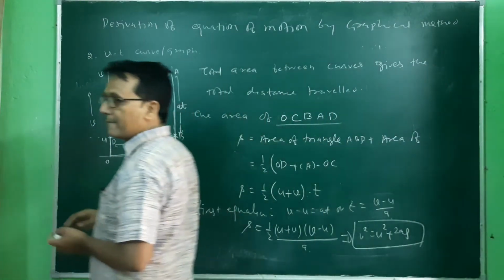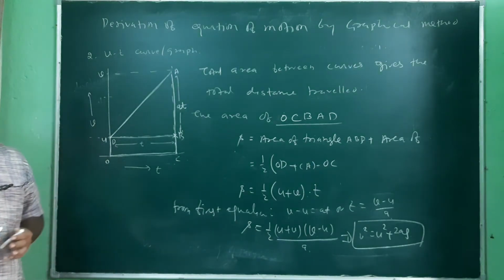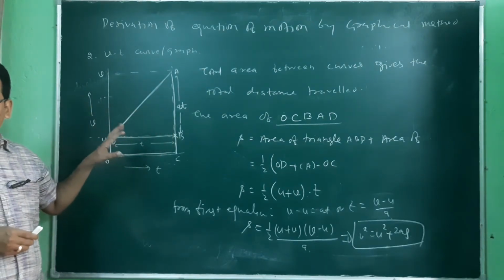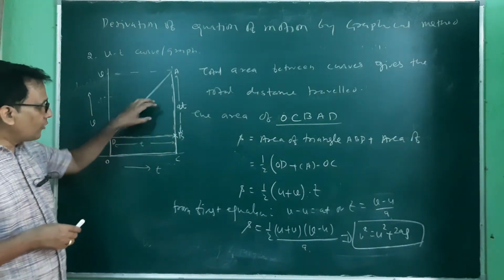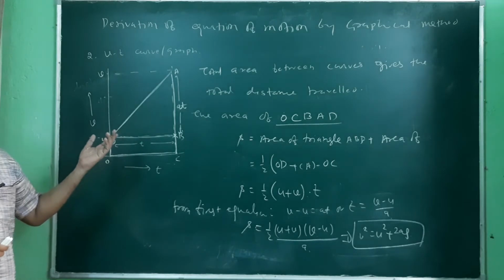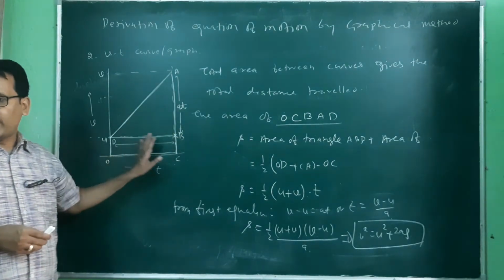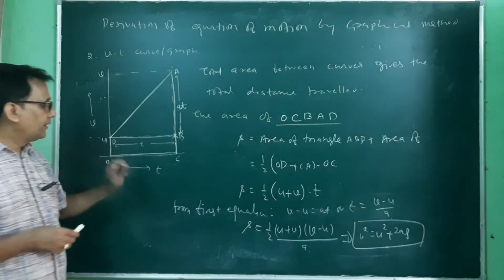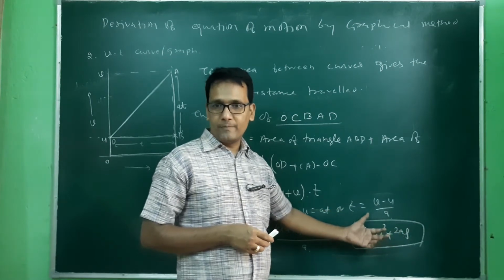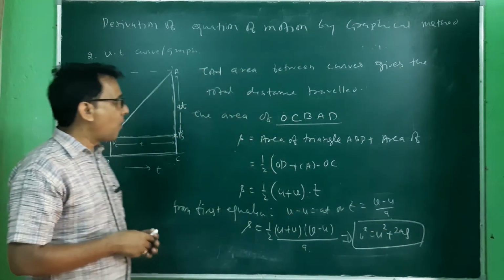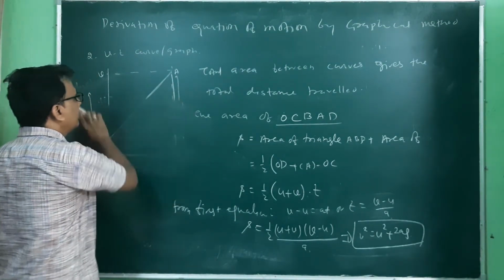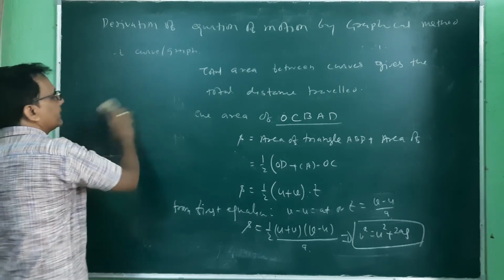So in the same diagram, you can derive all three equations. First, you calculate the slope; second, you calculate the area, by calculating the area of this triangle and rectangle and summing the two. And third, by using the direct formula to find this area, you convert all the terms in terms of velocity u, and replace t by using the first equation of motion. So there is one more curve we know, that is the third one, the a-t graph.